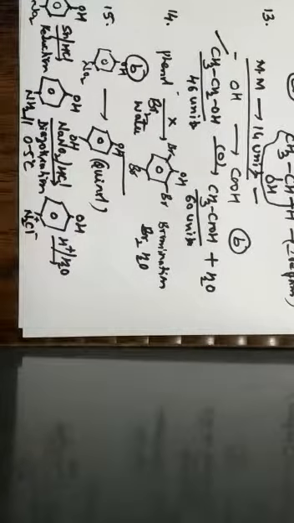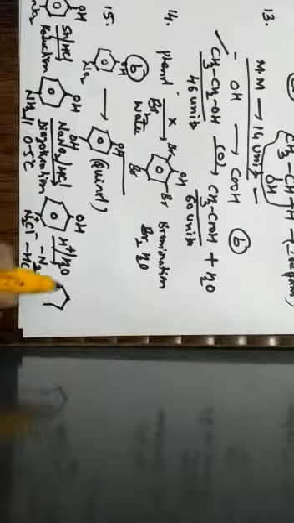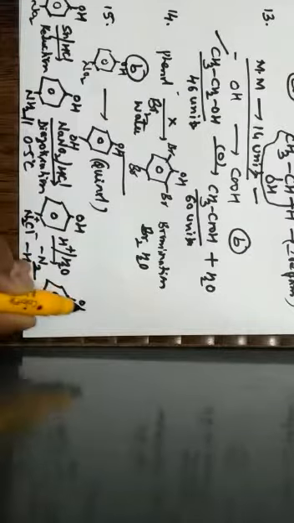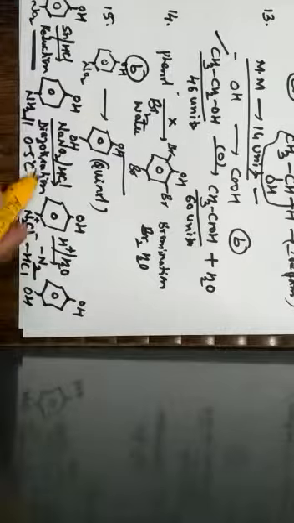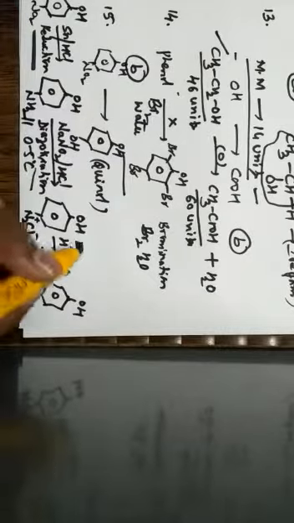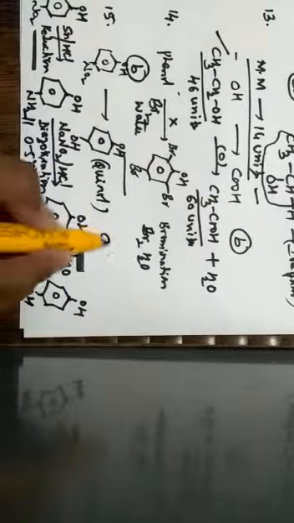When it is subjected to acid hydrolysis, OH group will be again added by the elimination of what? N2 as well as HCl. So here we are going to get a product called quinol. Means first it has to be subjected to reduction. The reduction should be followed by what? Diazotization, and this diazotization is again followed by hydrolysis. So the correct option for question number 15 is A, which is given by reduction, diazotization followed by hydrolysis.